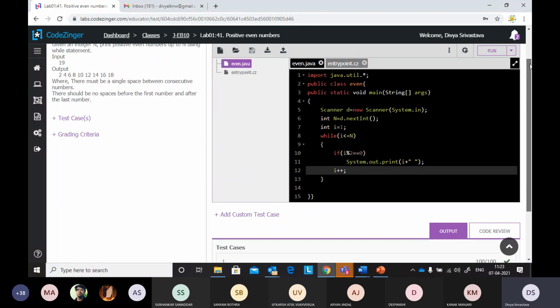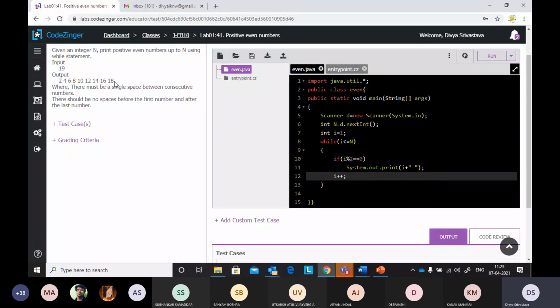After 18, after the last element, it is not showing whether there is a space or not. So ultimately, what is happening is that after 18 is printed, a space is there, but since after 18 there is no other element, that space is not visible. But the space is there.